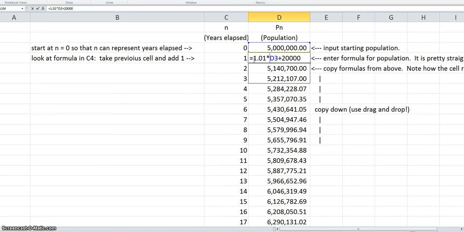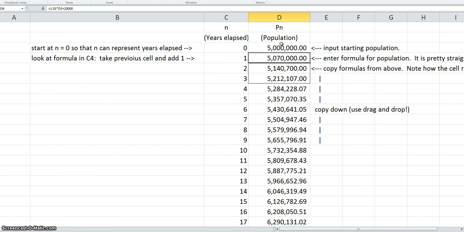I'm going to take 1.01 times the cell above, so D3 is the cell above, and I'm going to add the 20,000. And that's the recursive expression here. Because I'm using the cell above, I'm using the prior term to come up with it. And then from there, I would just copy that down to get P2,